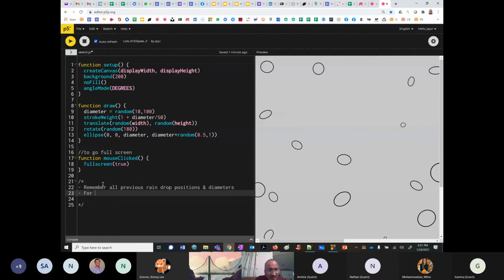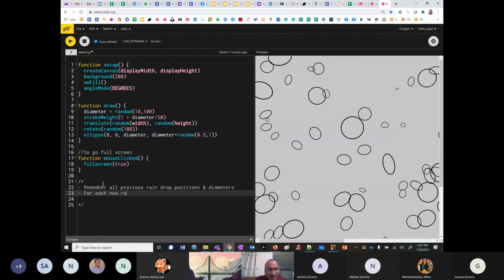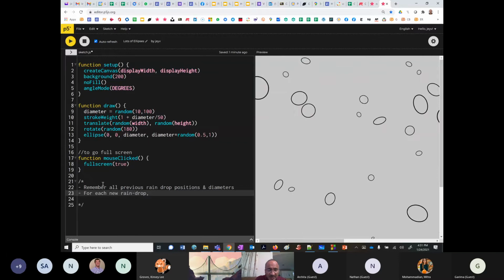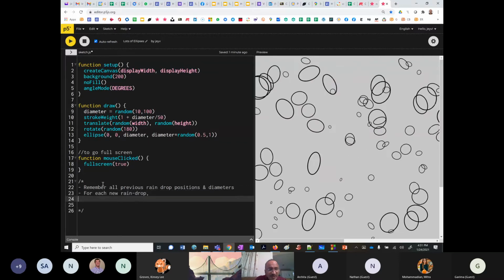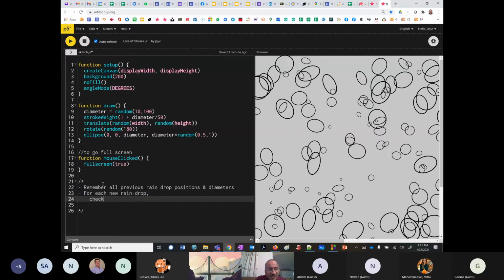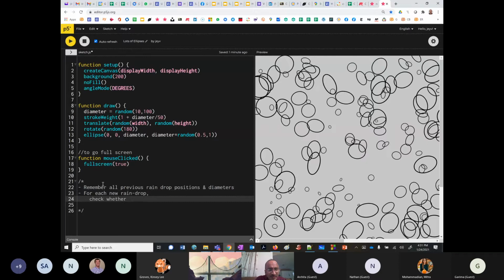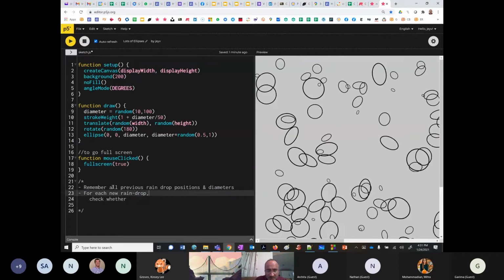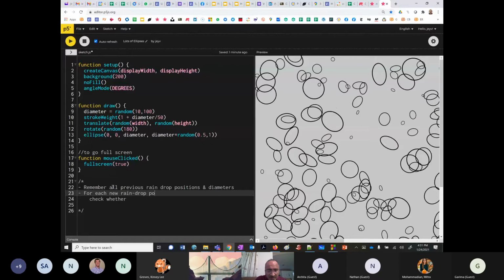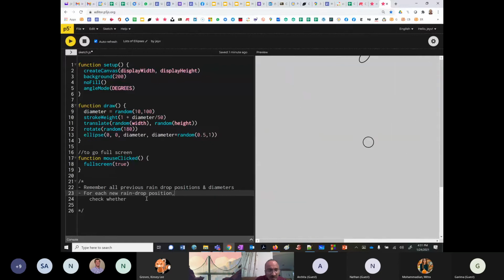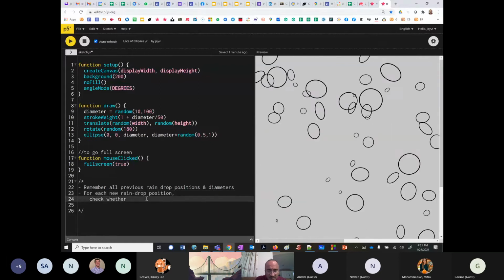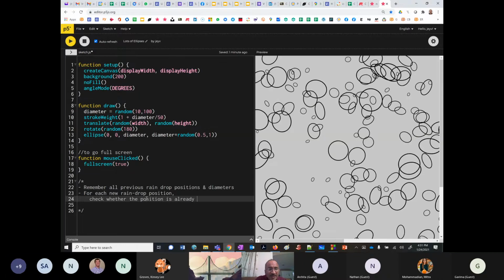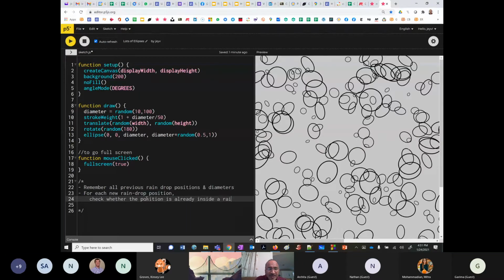For each new raindrop, what do we need to check? Check whether the position is already inside a raindrop, then it's no good,